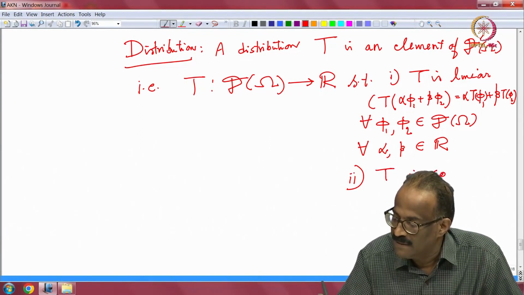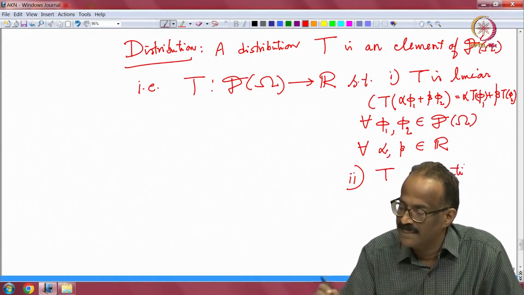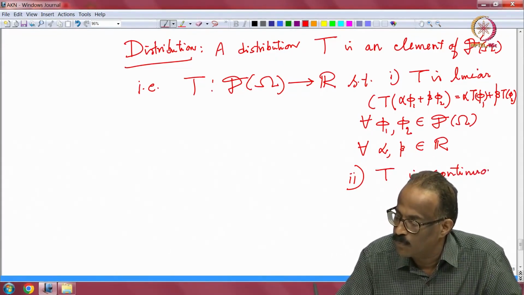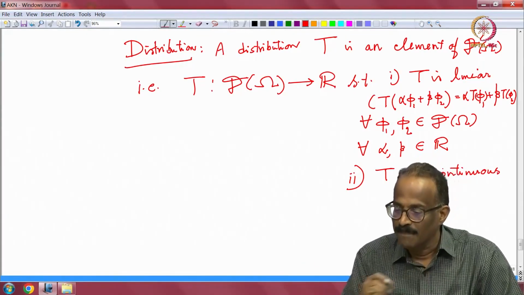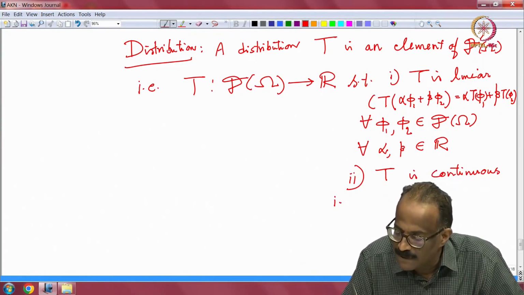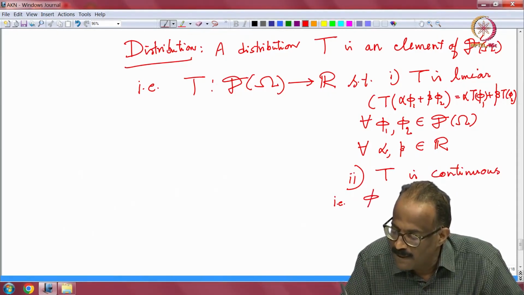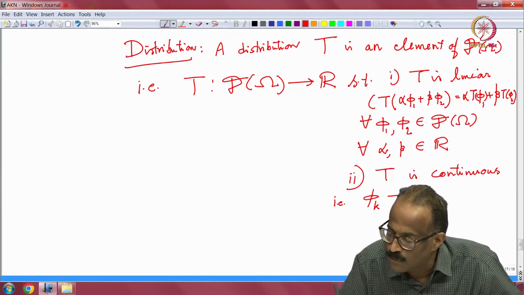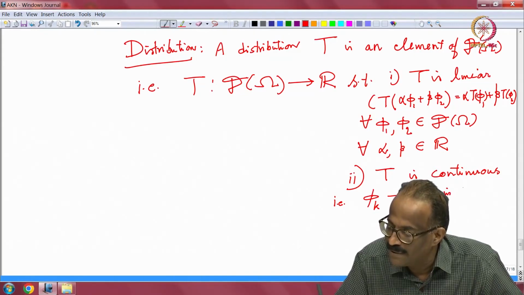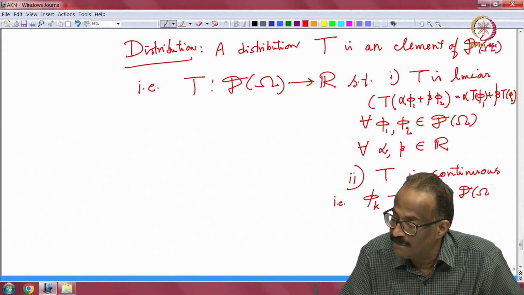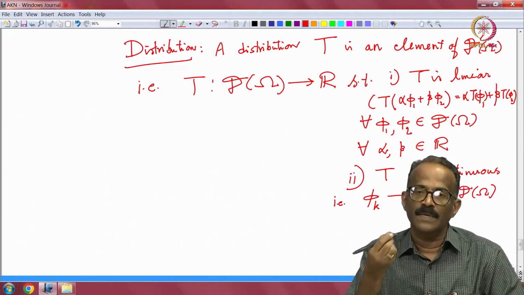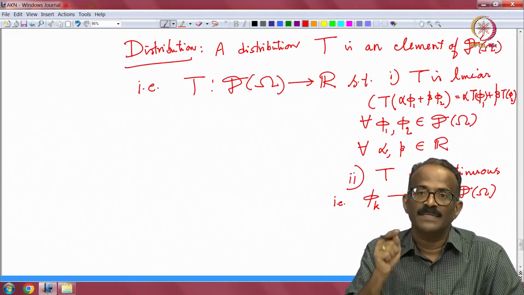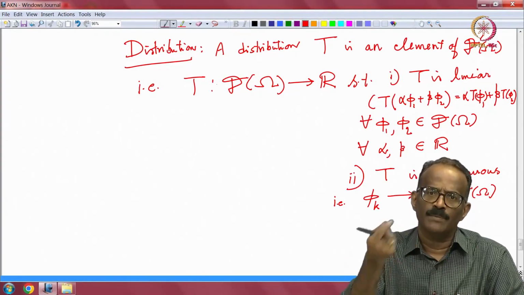This is you have to understand. We will later give you an equivalent definition in terms of the estimates, which is you have to understand the topology. So, I may not prove it, but we will give you the thing. T is continuous, that is, phi k, this is not a compact set, a sequence, phi k converges to 0 in D omega. You have to understand. So, now you have lot of different convergences. So, it is important to understand various convergences. So, you have to specify your convergence takes place in which space, and you are going to see more and more spaces later,